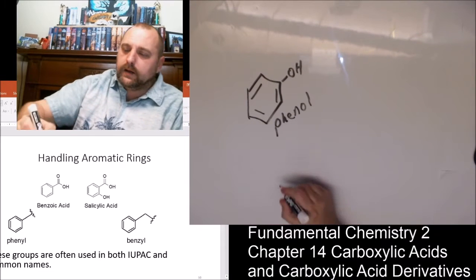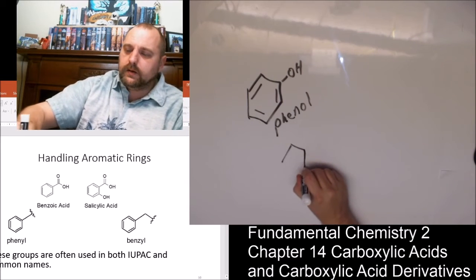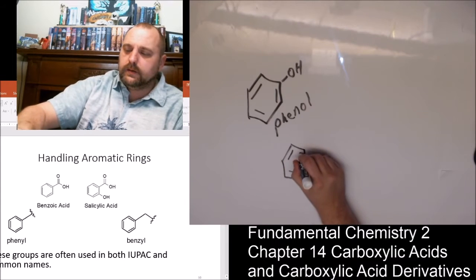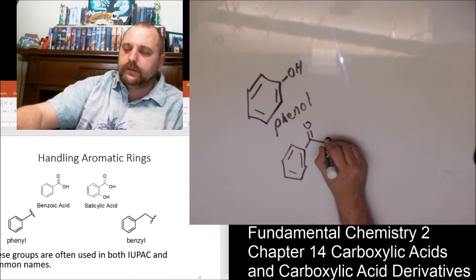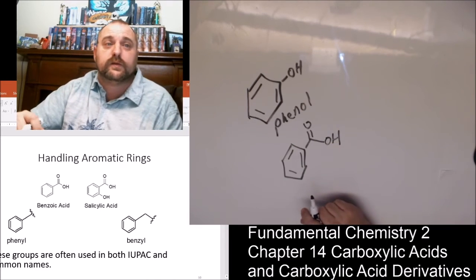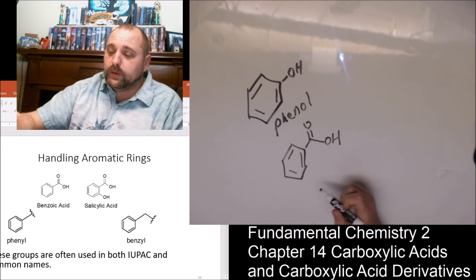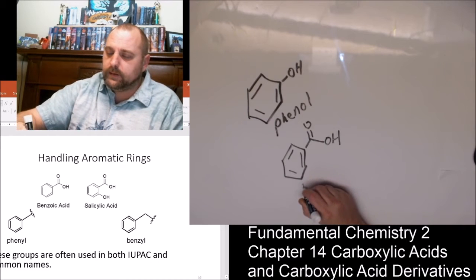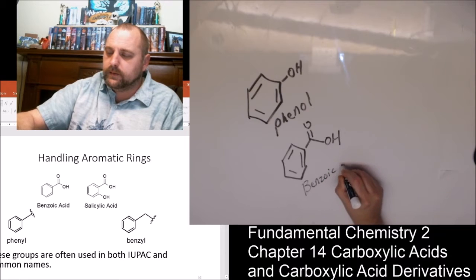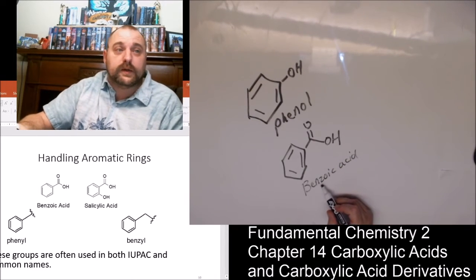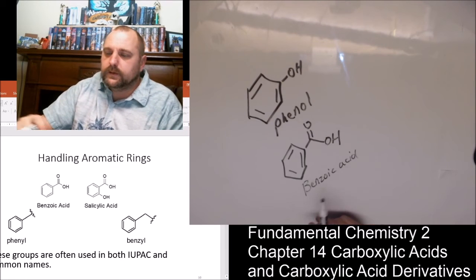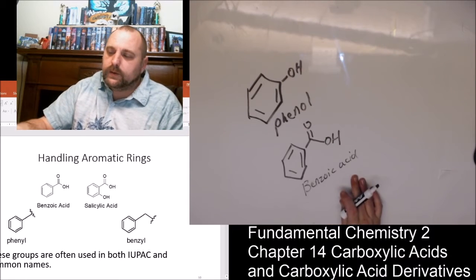Alright, and so the easiest carboxylic acid we can make that has a benzene ring is this one, which is benzoic acid. So it's almost like they took benzene, but it's still just a memorization. So benzoic acid,